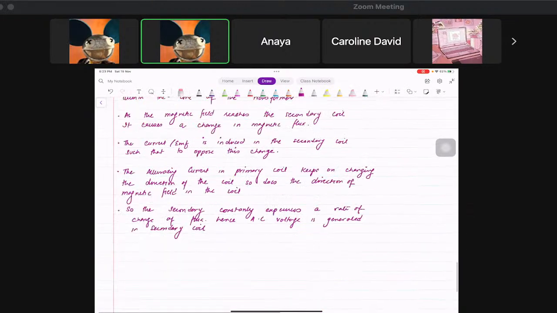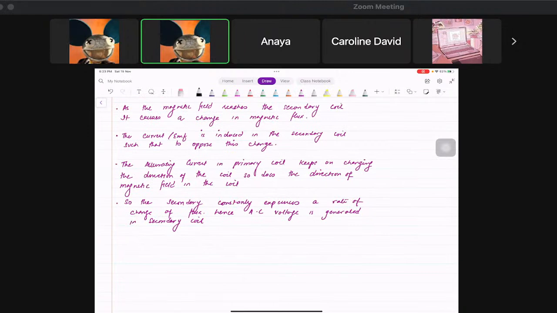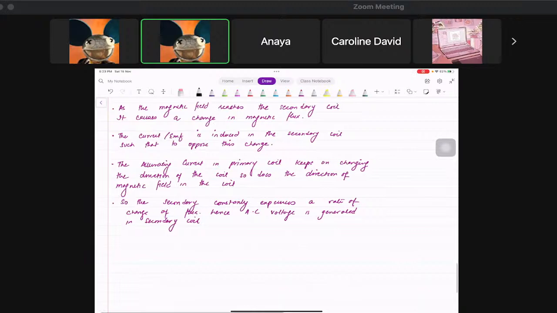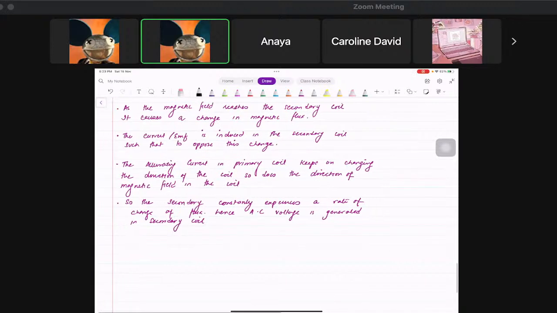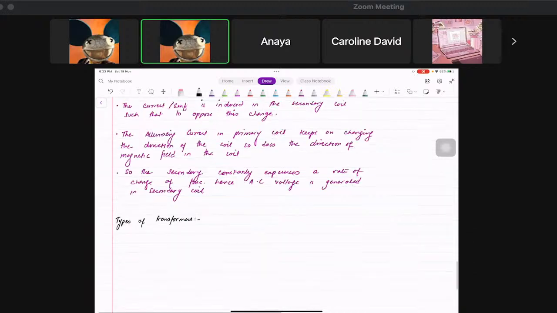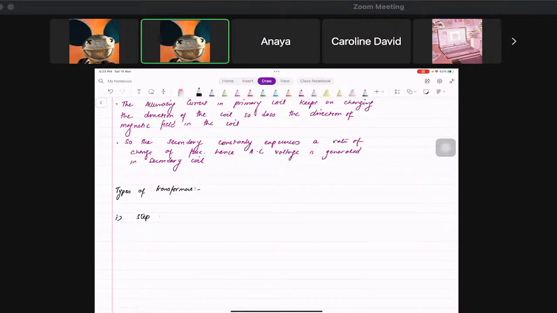Let's write that. So according to that, there are two kinds of transformers. So first of all, you write types of transformers. The first one is called the step up transformer, and the second one is the step down